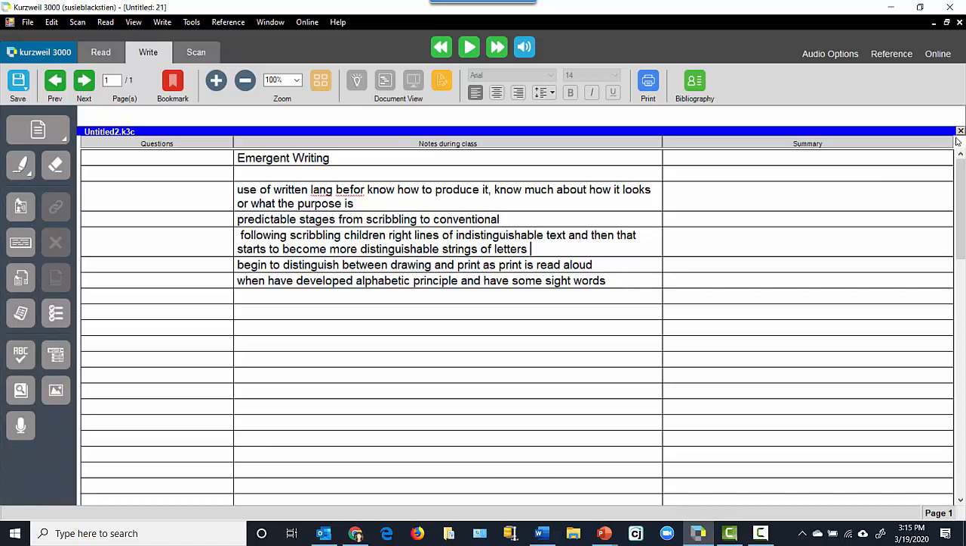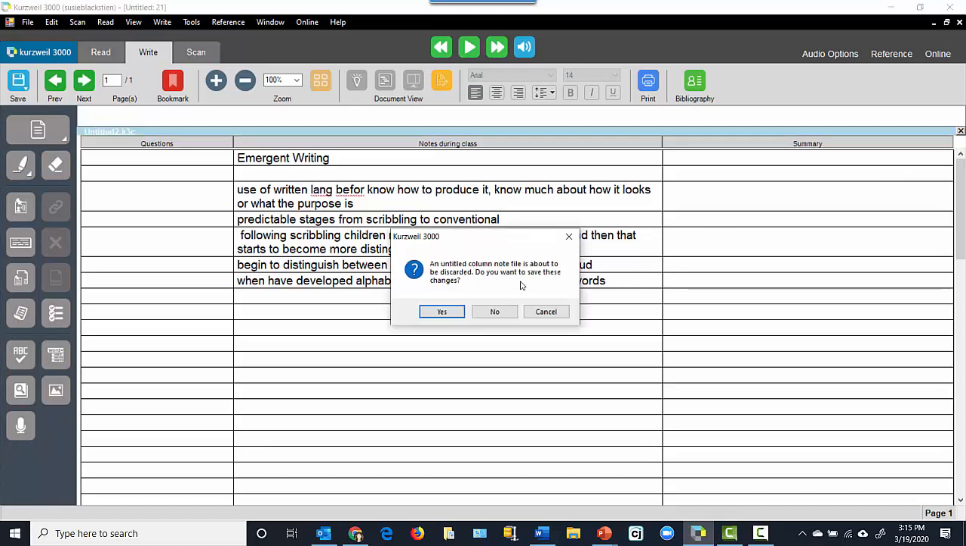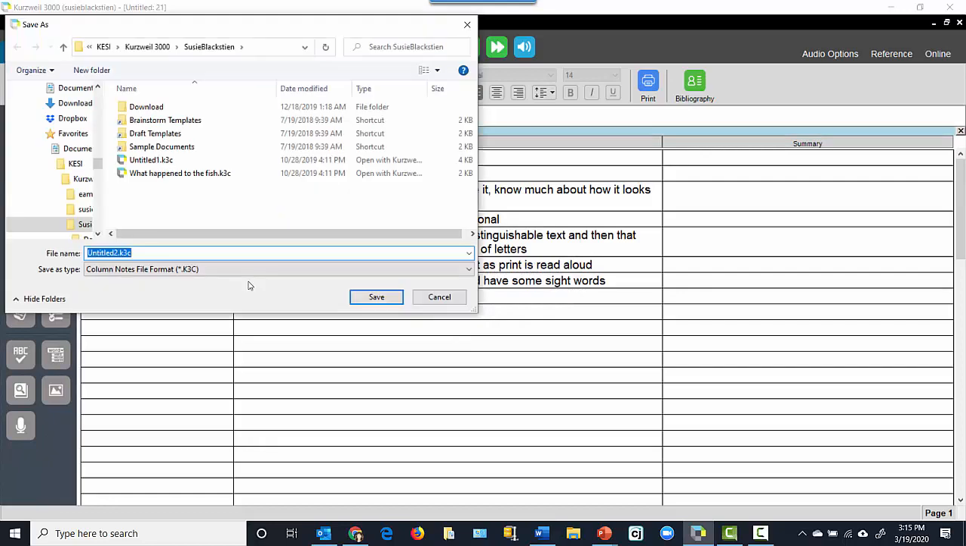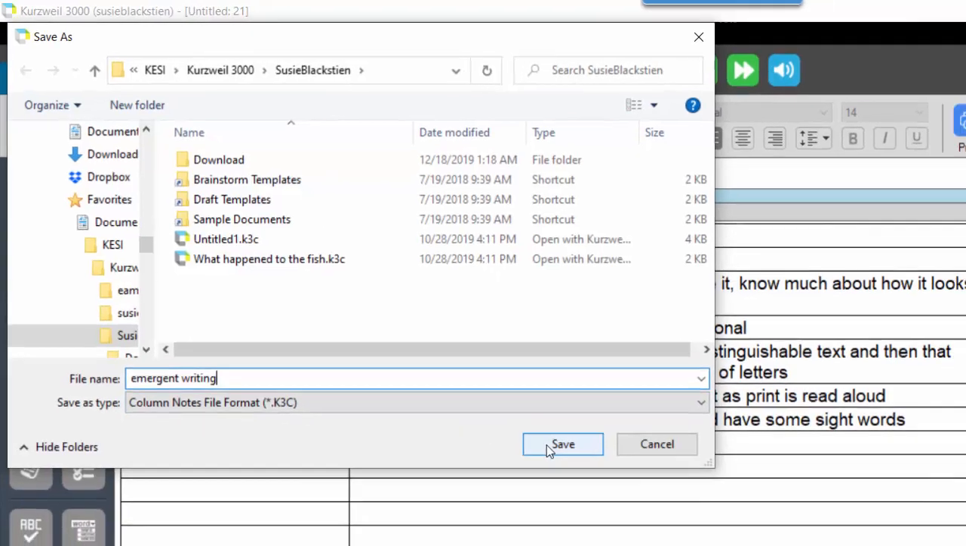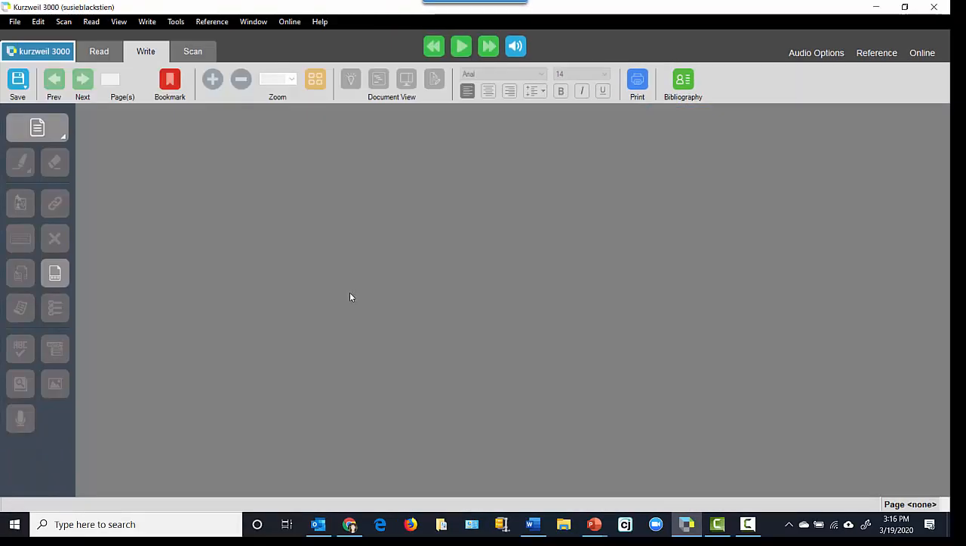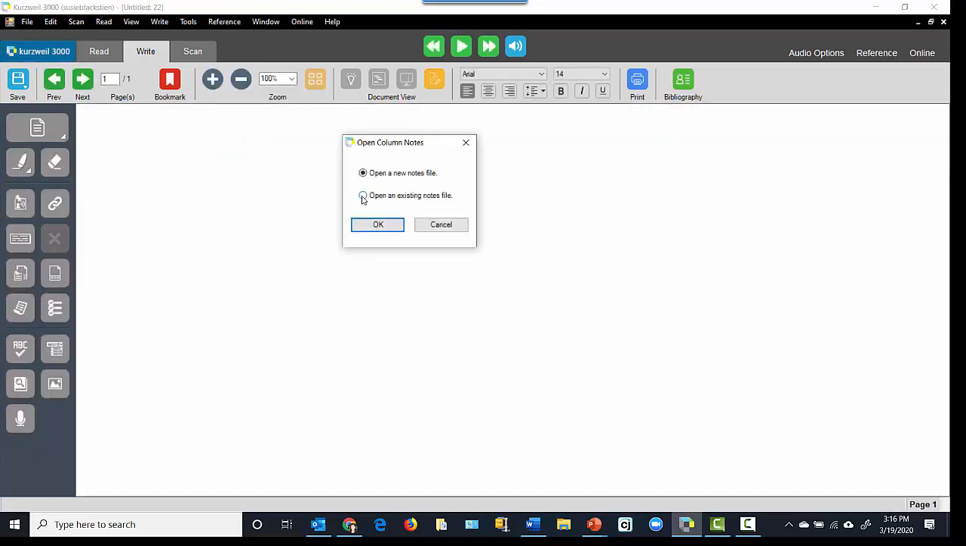When students close their note, they'll be cued to save it. And we'll call this emergent writing. And you'll notice that it's a .K3C, C for column notes, format. When students get home and they want to add to that note and do the questions and the summary, they click on Open Column Notes, open an existing note,